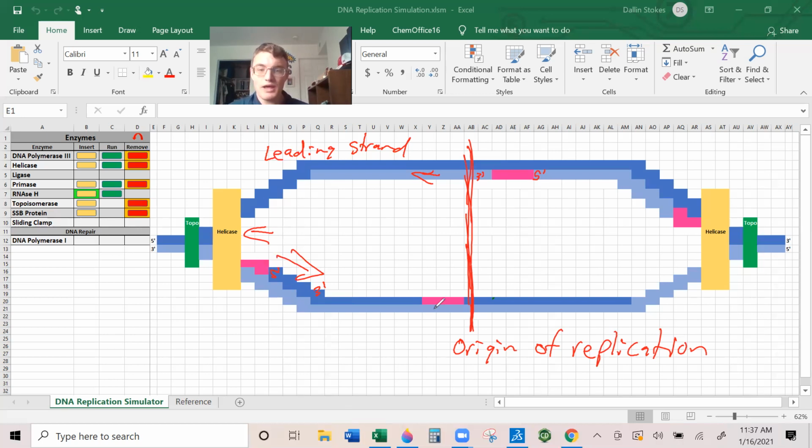So we have to build this strand. In this case, it's the bottom one. It's not always. Remember, bottom and top are arbitrary. It's whichever strand is being built 5' to 3' in the opposite direction of helicase. So this strand is traveling in the opposite direction of helicase. We call that the lagging strand